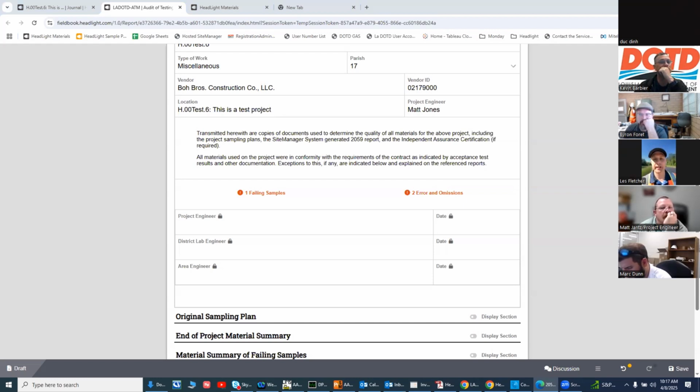When we used to turn in our 2059 or our ATM, it was a binder, and the binder would have tabs in it, like section 203 and section 302 and section 502. So the way I would want to do that is the files I'd upload would have all of my CDs and CAs and CCs digitally filed in those sections, so that the lab person